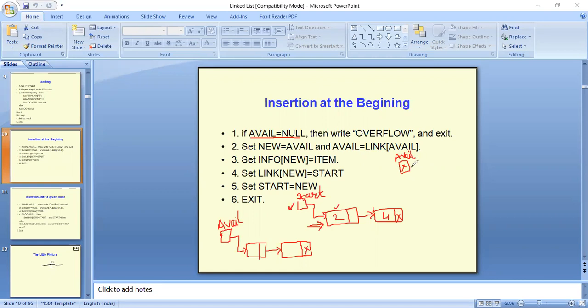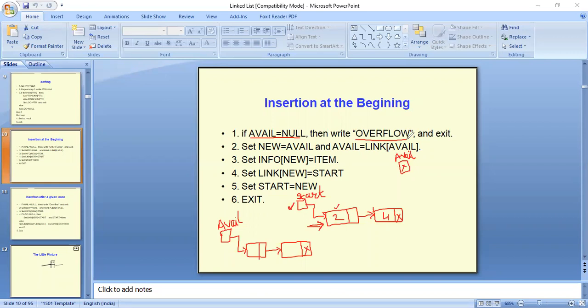Our available nodes are empty. So if aval equals to null, we cannot add a new node into our list. So it will be the condition of overflow. Overflow condition means we don't have the empty space.